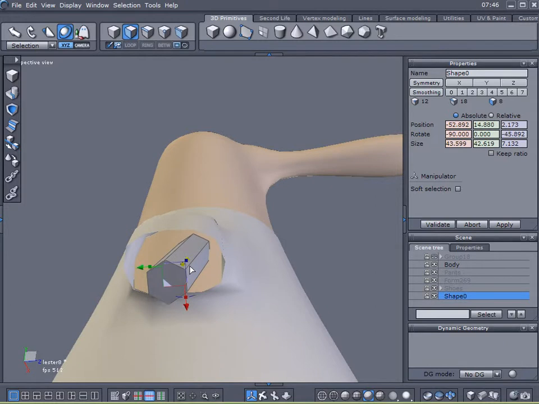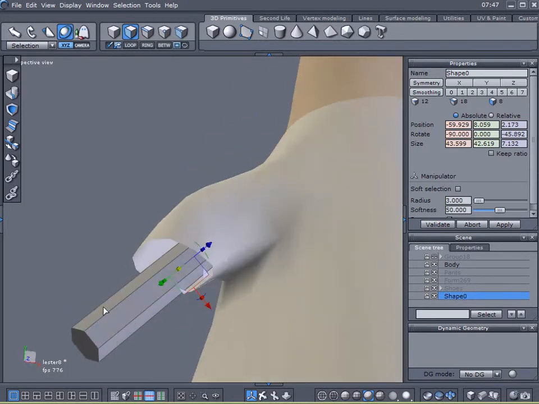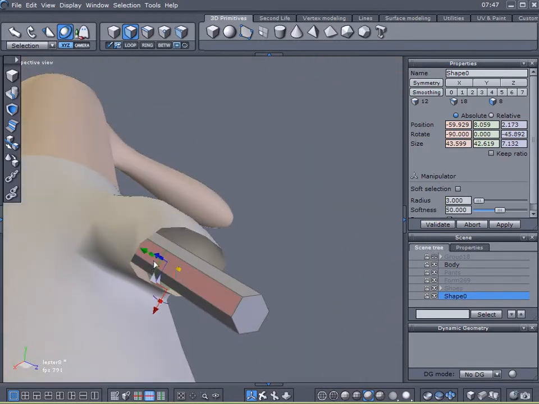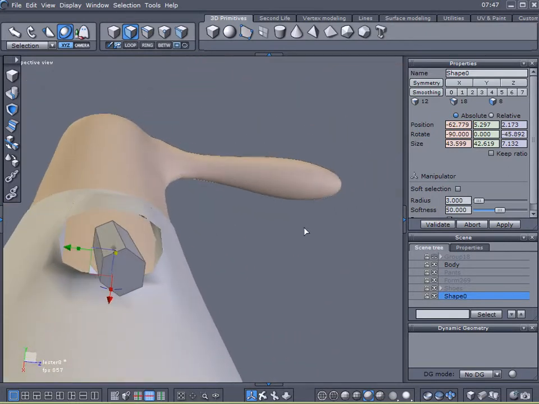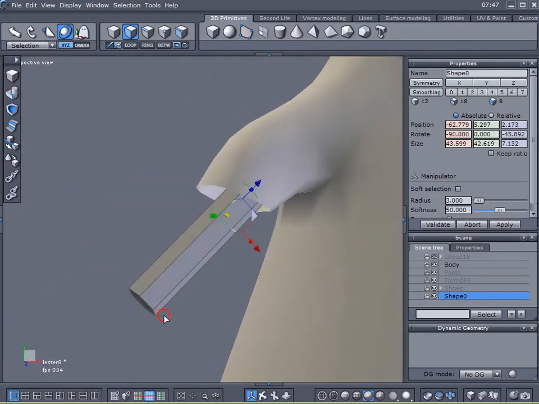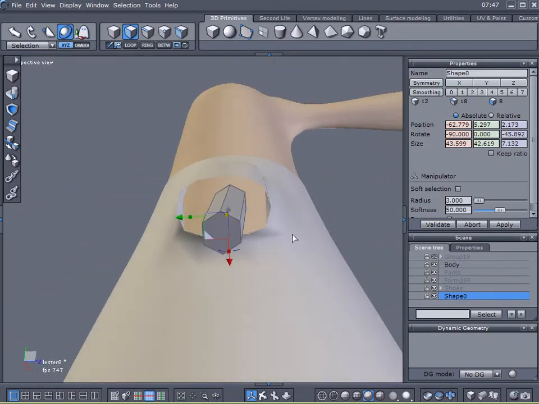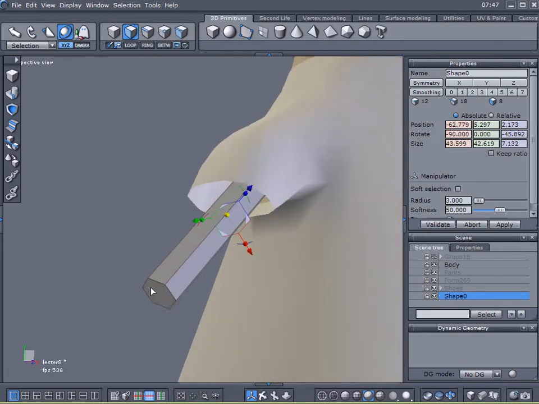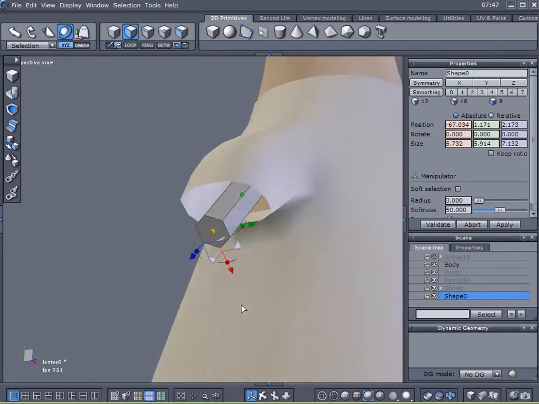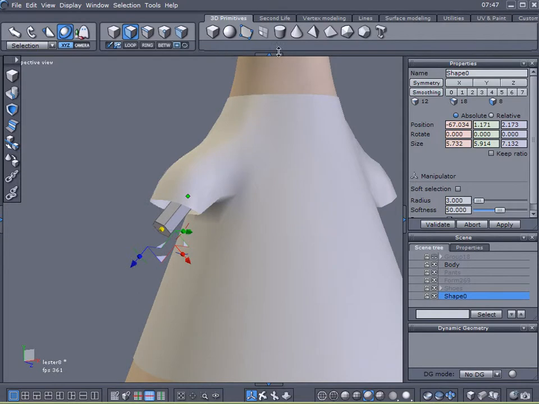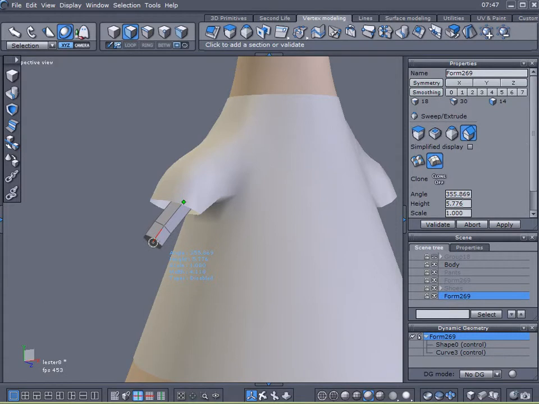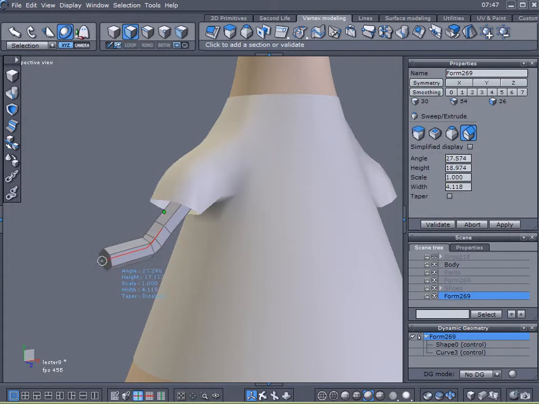As I was saying, it doesn't even need to be in contact with his body. I don't even think I'm going to put it in contact with his body. You certainly can if you want. I'm not going to, just to show. One, it's not really necessary, and two, you won't even notice it because his shirt sleeves will be covering it. So let me select this polygon, move it up, straighten it out a little bit, or reduce its length a little bit. Now I'm going to come here to vertex modeling, and I'm going to give him an elbow and